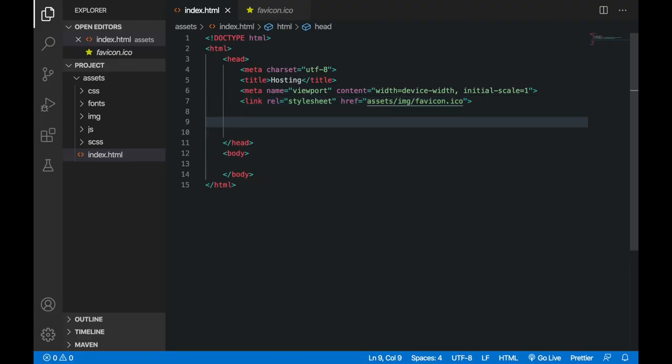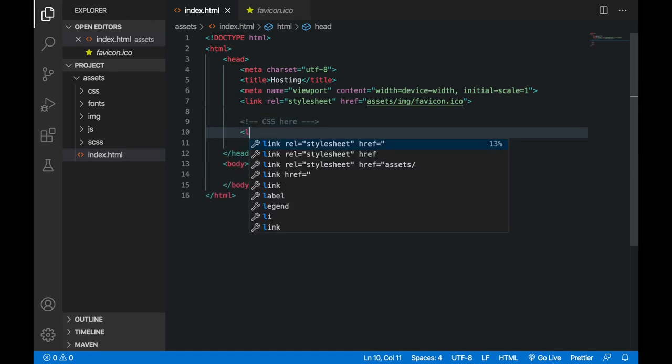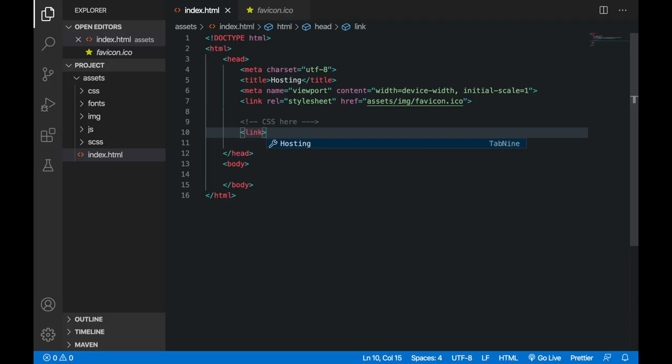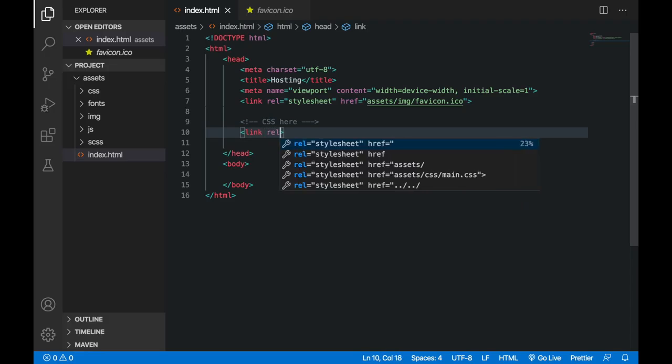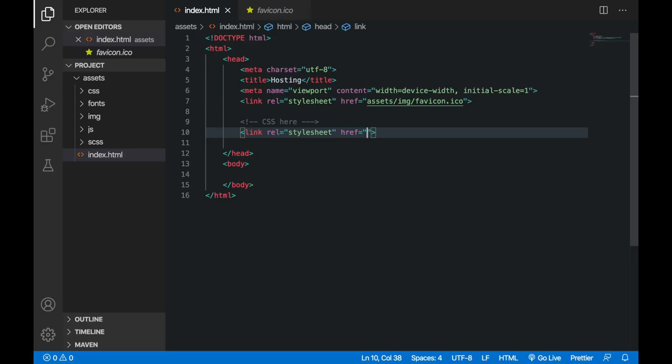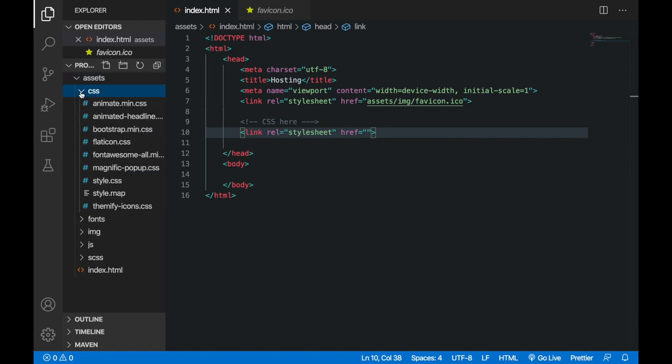After this I am going to link some CSS files which I have already written for this course. So here I will link my CSS files, okay? So here I will say link. First of all I am going to link the bootstrap library which I am going to use in this course. So rel equals style sheet and href equals, you can see in my assets folder, okay, I am having a folder named CSS, and inside CSS I am having this bootstrap.min.css. So I am going to link it here. So I will specify its path assets, CSS, and then